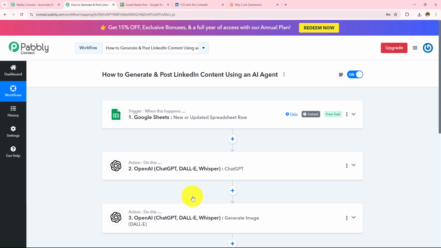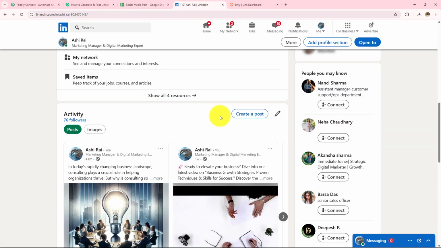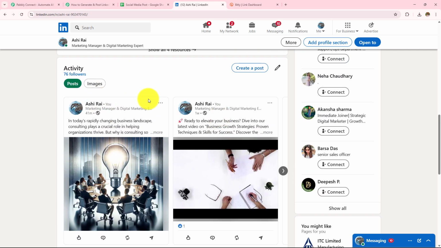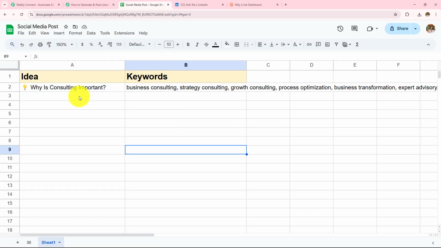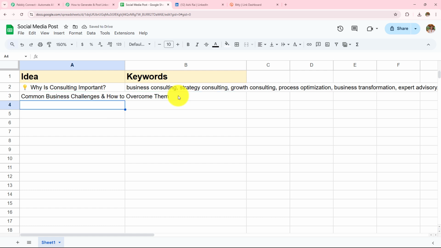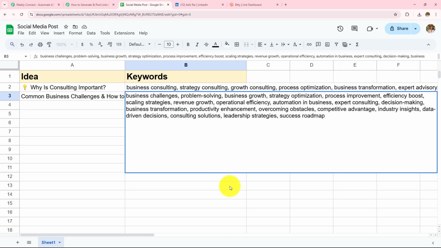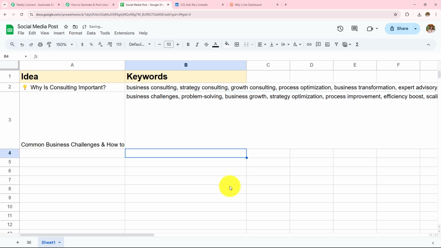For that, I am going to open my Google Sheets and I am going to put my content idea over here, and I am going to put my keywords over here. Now after that, as soon as I do this, a post should be automatically created and be posted on my LinkedIn profile. So here I am going to open my Google Sheets and I am going to enter my idea as common business challenges and how to overcome them. Now let's add some keywords. So here I have added my keywords and I'm going to wait for a few seconds,